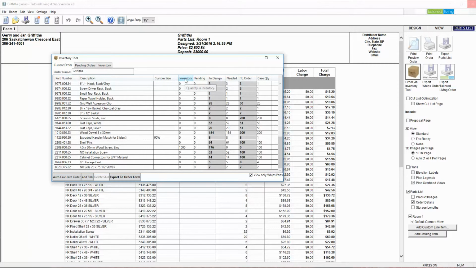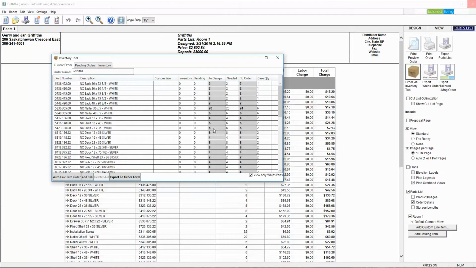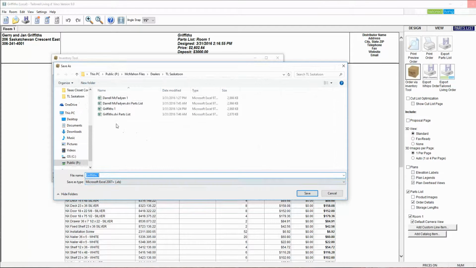The other thing it's looking at, besides what's in inventory, is what's in a pending job. And a pending job can be an order that has been placed with the factory, or an order that you've received but not yet installed. So it will look at what's in inventory, what's pending, and then determine what it needs based on what's in the design, and then what you need to order based on those figures. So once I have all of my items adjusted that I'm going to do on this order, I can hit the export to order form, and then it will